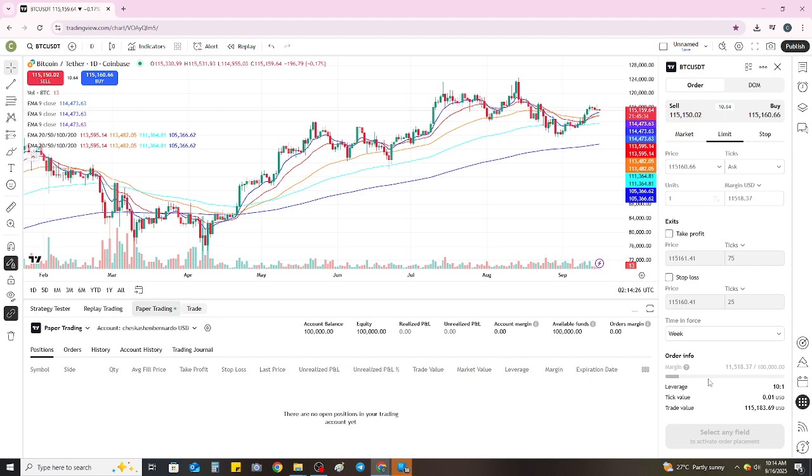Once you've located the synthetic index you're interested in, go ahead and click on it. Doing so will load the corresponding chart on your screen, allowing you to delve into its price actions, trends, and other relevant data points. The TradingView platform offers numerous tools and features to help you conduct thorough analysis right there